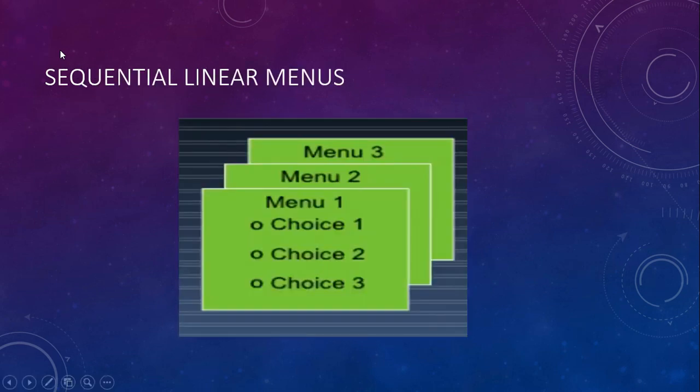The next kind of menu is sequential linear menus. Sequential linear menus are presented on a series of screens possessing only one path. That means there will be a certain path existing between the menus.